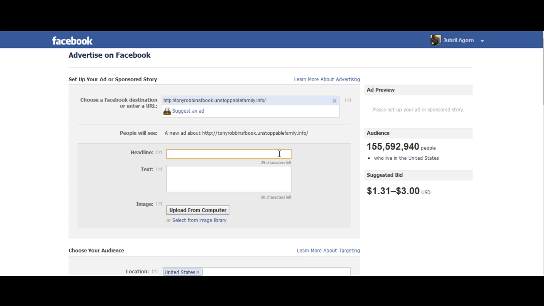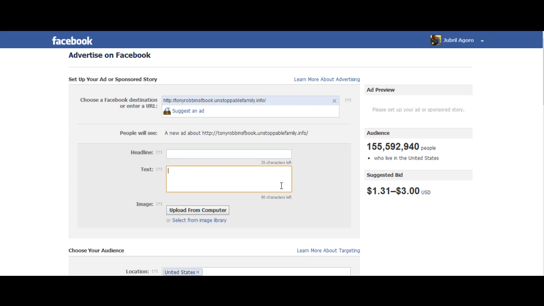Also with the headline, you have to be careful how you use words in Facebook. Some people's names are copyrighted, and you can't use their names inside of the ads. So maybe like Oprah, her name is probably copyrighted. Or, you can't use Facebook in your ads. Don't put Facebook in your ads, or they're going to reject your ads. And there are a lot of things that are going to get your ads rejected.